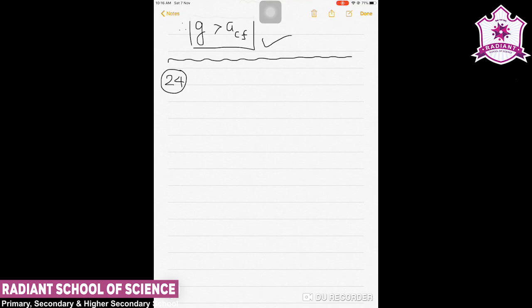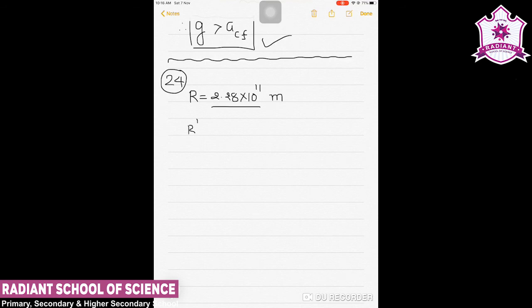So here we put all these things: the radius of the orbit of Mars is given, that is 2.28 into 10 raised to 11 meter. So here we say that r is 2.28 into 10 raised to 11 meters,